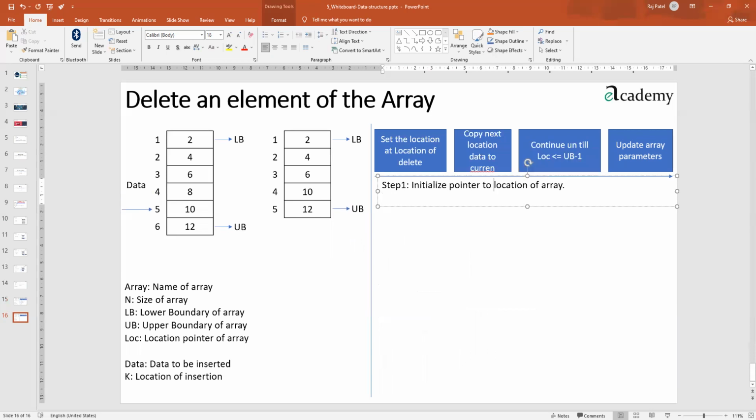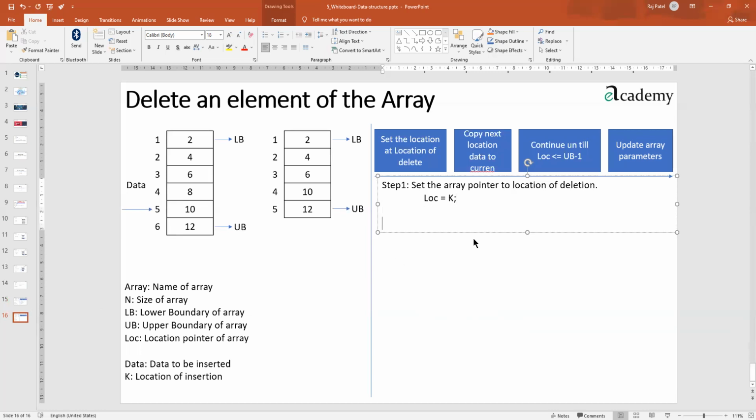No. Set the array pointer to the location of deletion. A little bit we can of course modify. So what is the LOC? LOC will be equal to K, because LOC we are choosing for the location setting.